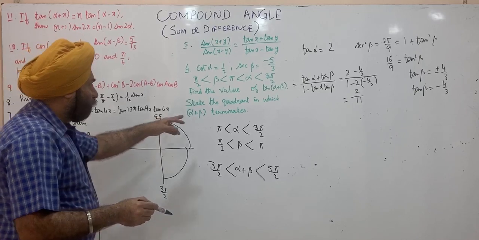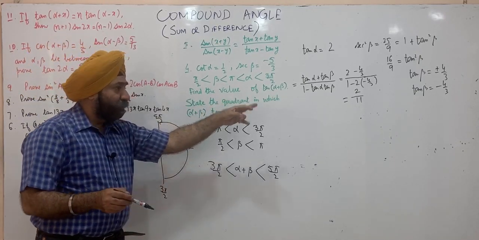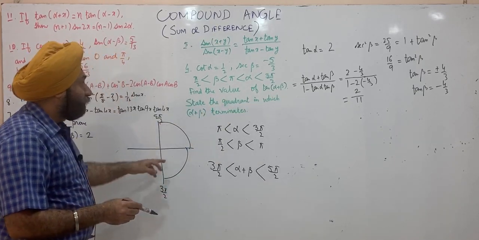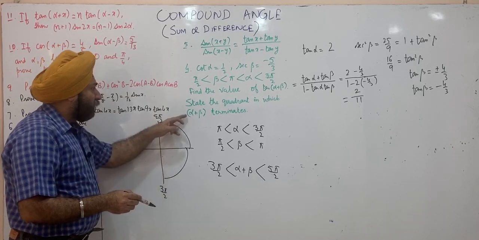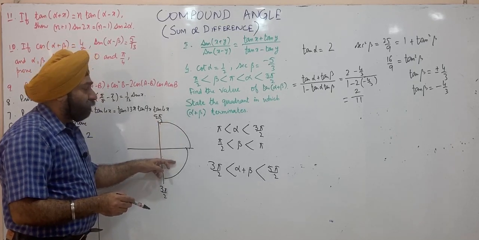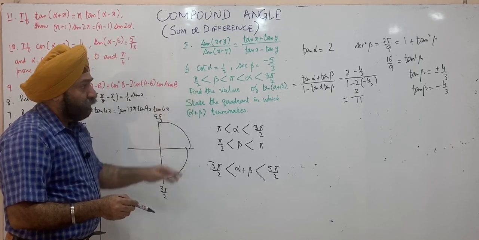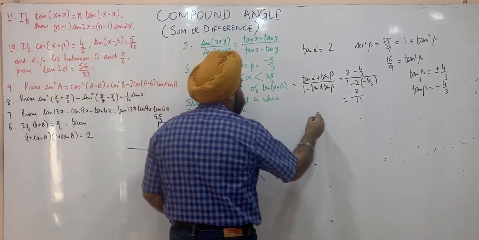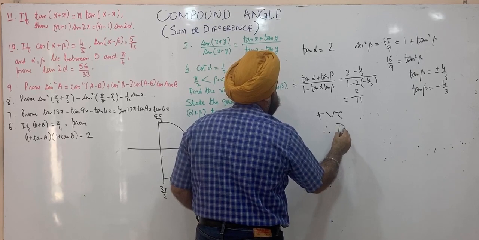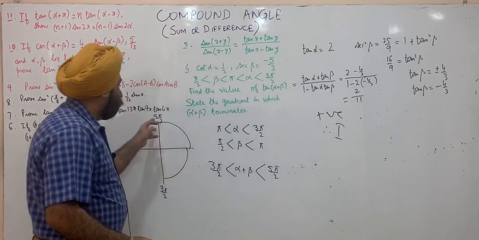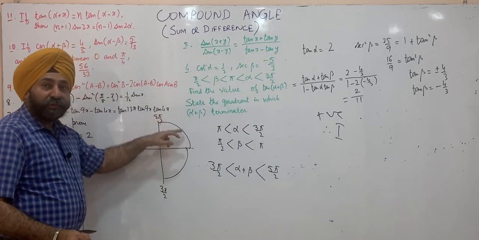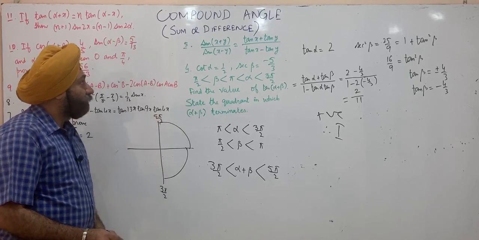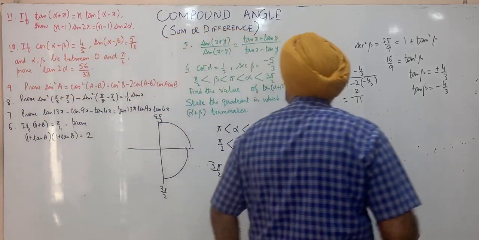So we are getting value of tan of alpha plus beta as 2 by 11. Had alpha plus beta been terminating in the fourth quadrant, the value of tan of alpha plus beta would have been negative. So since this is positive, it's terminating in the first quadrant where tan is positive. The next one,